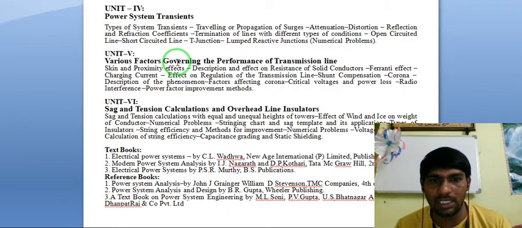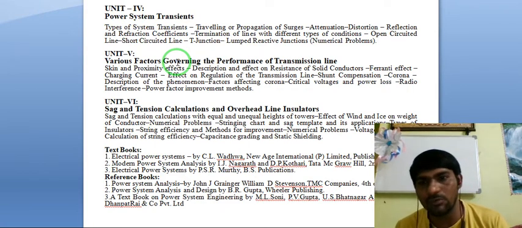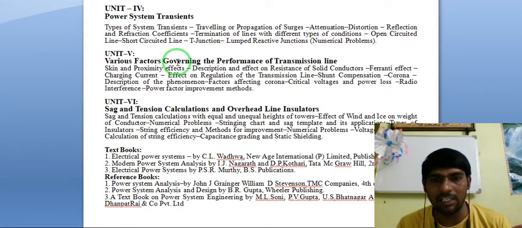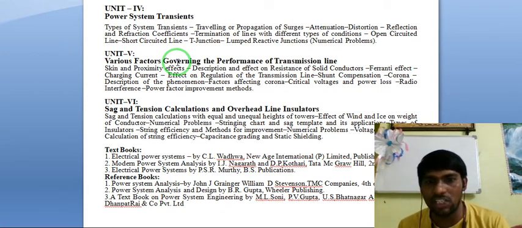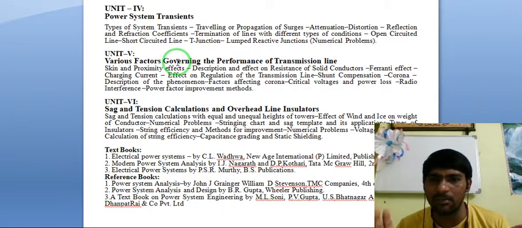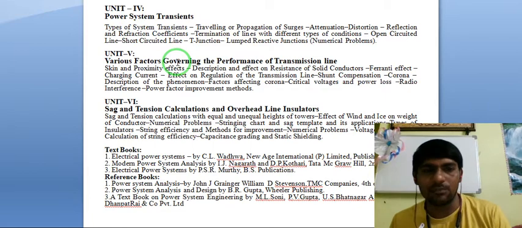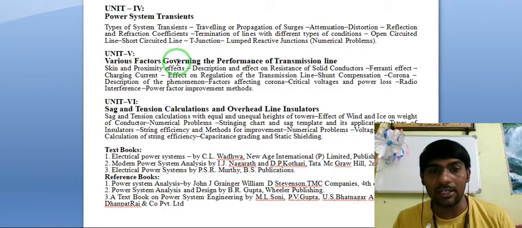And also we need to calculate the voltage distribution, and the different types of insulators which are present in the system. For a particular 11 kV, which type of insulator are we going to use? Likewise for 33 kV, which type of insulator are we going to use? Different types of insulators are available in the system, so based on the voltage rating and current rating and power rating, we can adopt different types of insulators. That comes under this unit. And also we need to calculate the string efficiency.